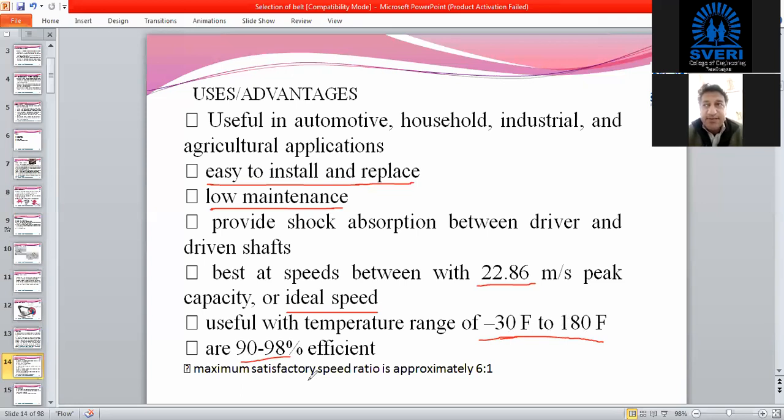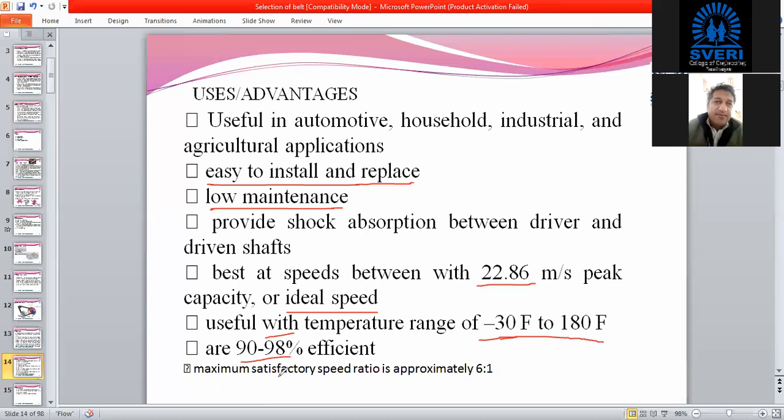In some applications, this V belt also slips. If you increase the working torque more than the torque transmission capacity, then definitely it is going to slip. You might have seen such applications where slippage occurs in V belts also, but that will be less as compared to the flat belt. That's why, no doubt, efficiency will not become 100%. Some sort of slip will be there, but we can achieve more than the flat belt, and it can vary from 90% to 98%. And that's why these V belts are more preferable.